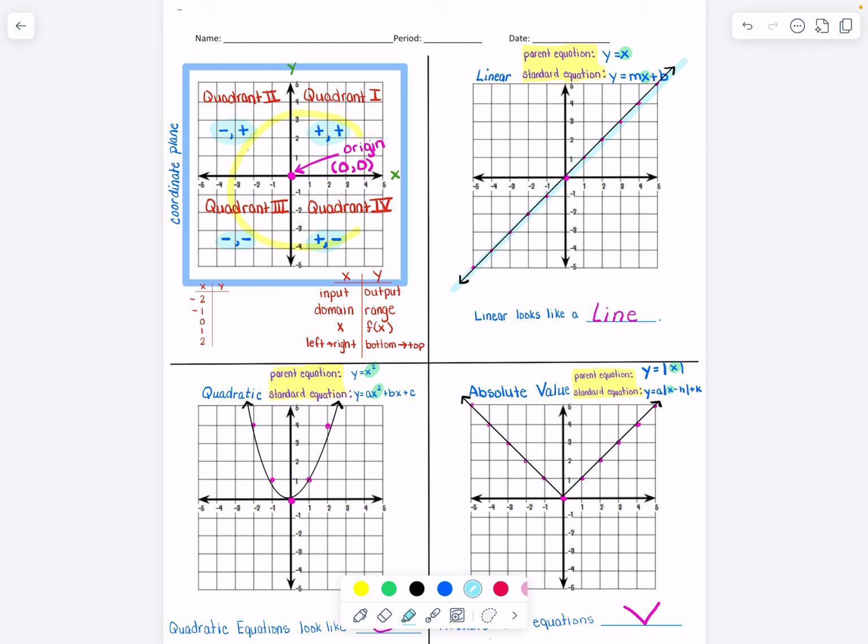Now, the quadratic's a little bit different. The quadratic from left to right, when it started, it was actually falling at first. So that's a decreasing part. But then once it hits the origin, or that turning point, it turns around, and now it is increasing. So a part of that graph is decreasing, and a part of it is increasing. Same thing with the absolute value. From left to right, it is decreasing, and then it hits that turning point at the origin, and then it starts increasing. So again, decreasing is falling, increasing is rising. Big thing, whenever you're reading a graph,